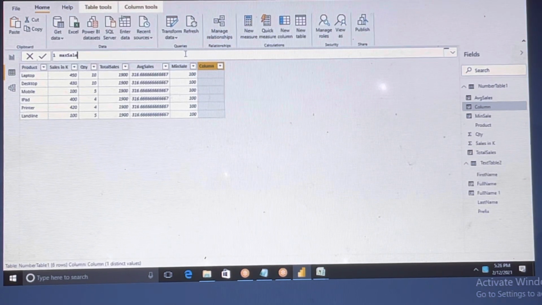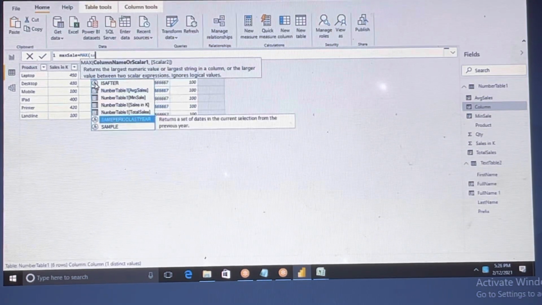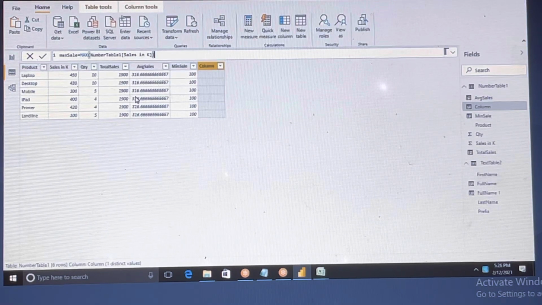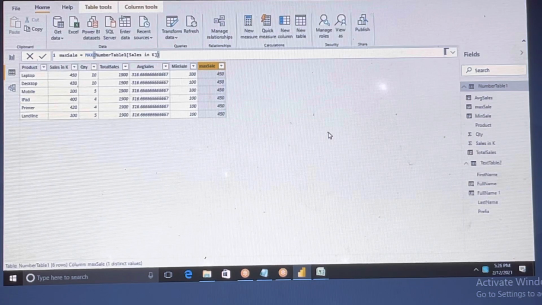You have to use the column name equal, then you can write that function. Okay, max of sales. If you type it, you will be able to get the column name and select from the relevant table. Okay, see, 450 we are getting. So now it is calculating